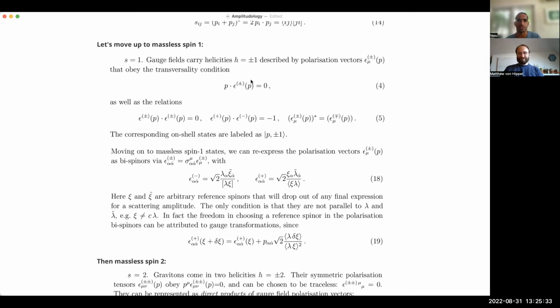So what we'll do is bake in this transversality condition by having a little bit of what we had before, that is this lambda spinor. And then we'll have a reference spinor Xi, which comes with a dotted index if lambda came with the undotted index, corresponding to the negative helicity, and vice versa for the positive helicity. We're going to normalize by lambda Xi angle and lambda Xi square, and lambda Xi angle the other way around. And the arbitrary reference nature of these spinors is